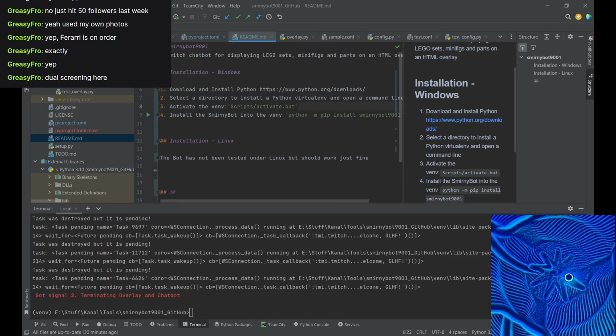Oh god, this is worse than Windows. Okay.